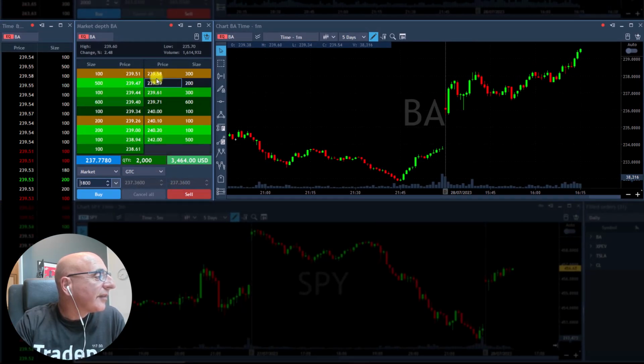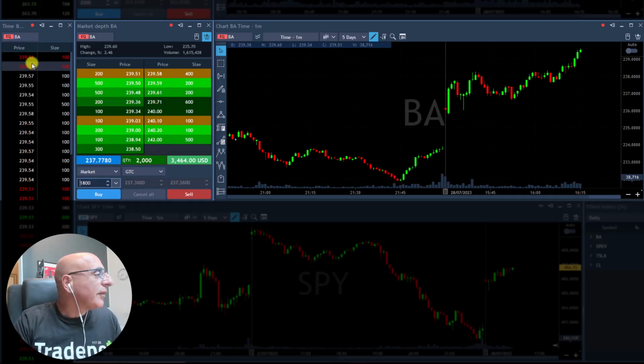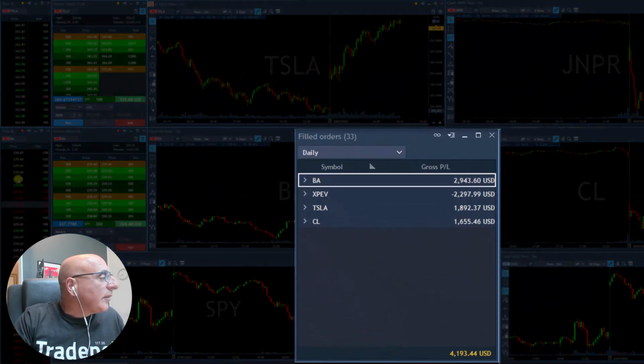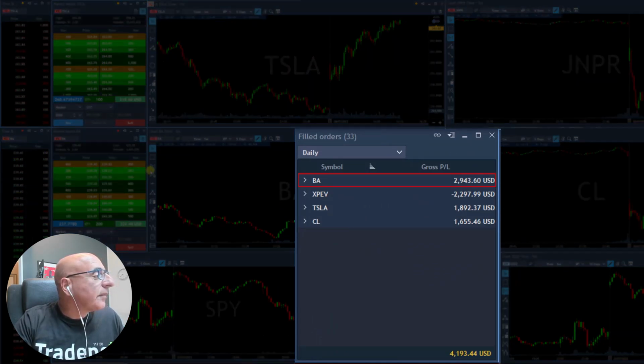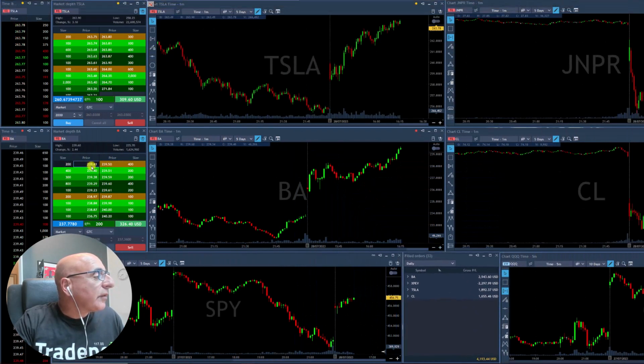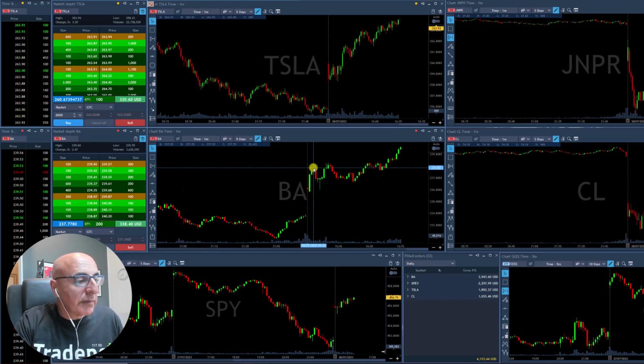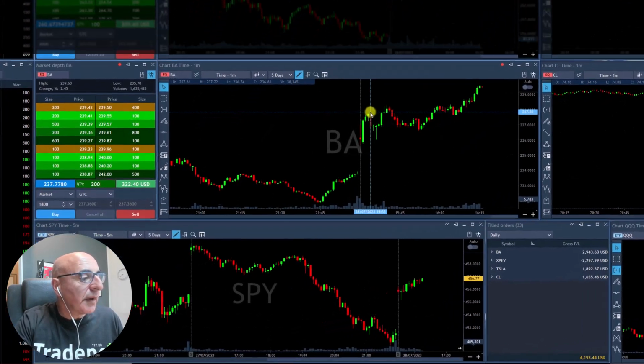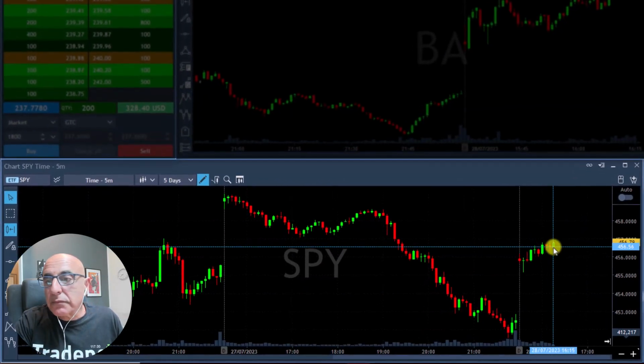Looking at the buyers, looking at the sellers, looking at the time and sale. Now we've got some red trades here, which means they're selling and I'm selling. Red indication means that sellers are ready to sell at the buyer's price, and that's when you want to sell too. So I actually got much more than I was looking for in Boeing. Nice. And the S&P is looking for a new high. Nice move on Boeing.